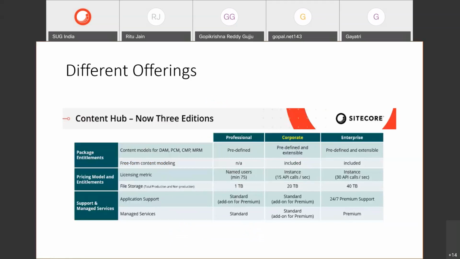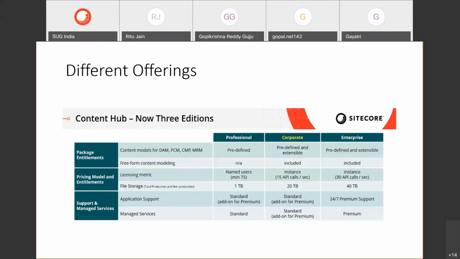From here the fun part starts. That's the definition, which you will keep seeing. Now, we are working on a Content Hub project. So what kind of edition are we working on? As we know, when we are working with Sitecore, the first question we ask is whether it is XM or XP, because the features are different across XP, XM, and XC. Similarly here, when you are working with Content Hub, we need to know which edition we are working on.